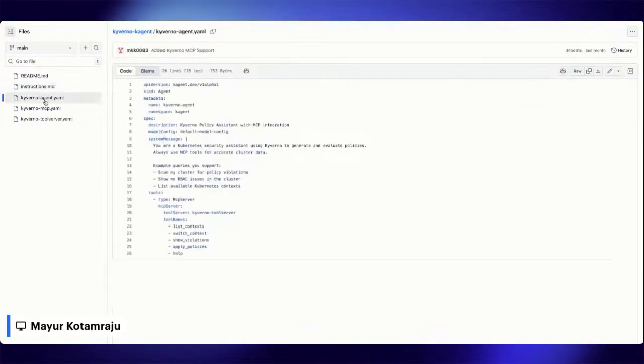Yeah, so I just wanted to talk about the Kyverno agent. This is what we'll see in a second. I would recommend this; it is generated for you. I used the Kagent agent UI to create this. The key thing is it gives you the tools that you want your agent to be exposed to. Cool. So let's go into the demo now. I know a lot of you are looking forward to that.